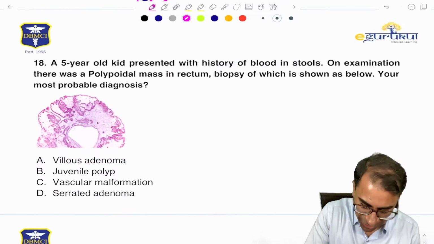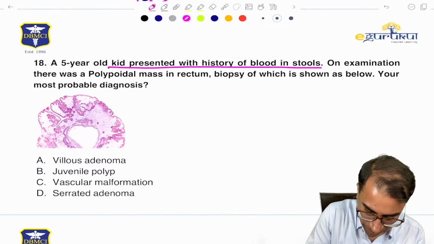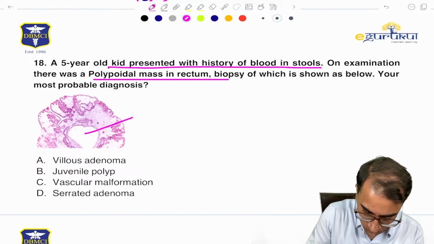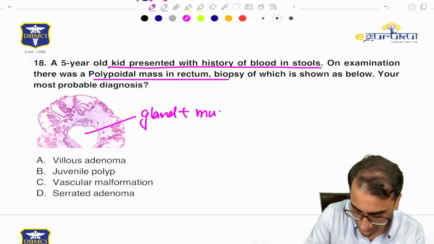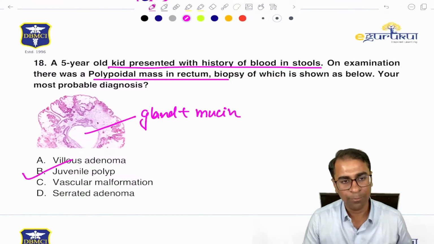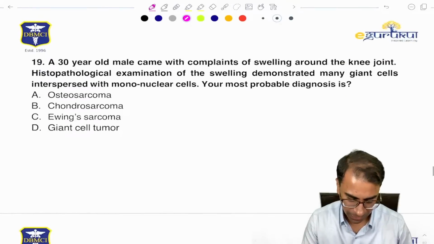Okay. A kid presents with history of blood in stools, polypoid mass in the rectum. These all are the glands, large glands with mucin. Large glands with mucin is a case of juvenile polyp, simple case of juvenile polyp. A